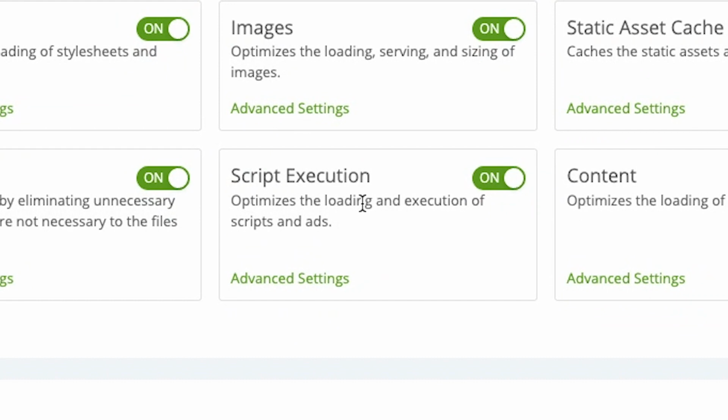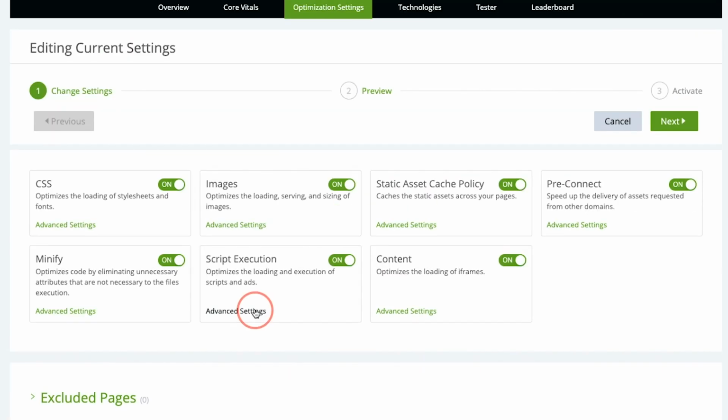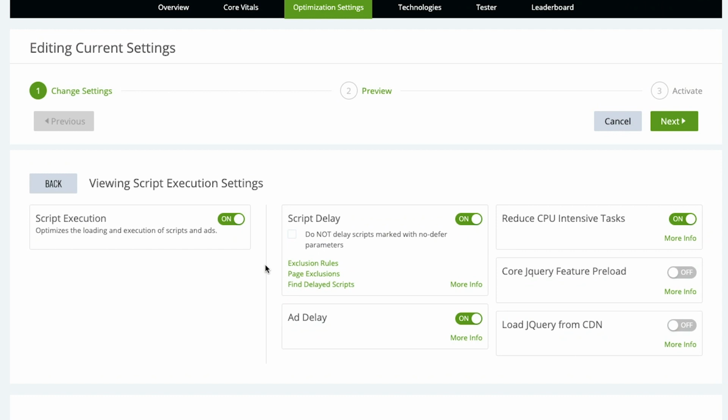However, there are certain libraries of code and JavaScript that may cause different conflicts within your site. In our troubleshooting and setup video, there's some videos and some tips on how to ensure that this doesn't negatively impact your site or potentially harm one of your core web vitals. So there'll be information here inside of advanced settings where you can toggle on different aspects of the script delay feature. If I find that my menu isn't working, or maybe my Google Analytics isn't reporting data correctly, I can